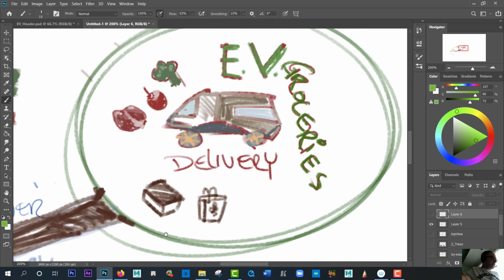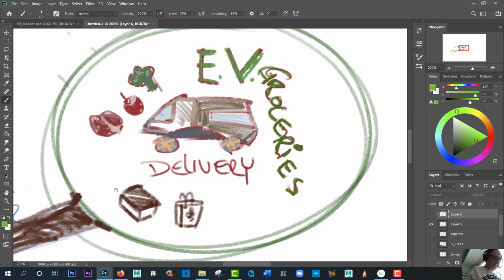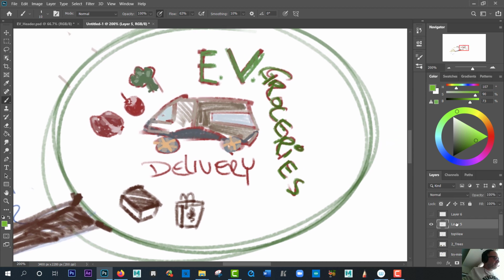Yes, as a grade 9 class, and eventually this will be my grade 10s as well. The tech design class. Am I in the right layer? Now I am. It's about an electric vehicle that delivers groceries. That's it. That's all we're doing. We are connecting to our present situation, isolated. All of us are. We are living apart. There's no interaction. However, we do venture out to buy groceries.